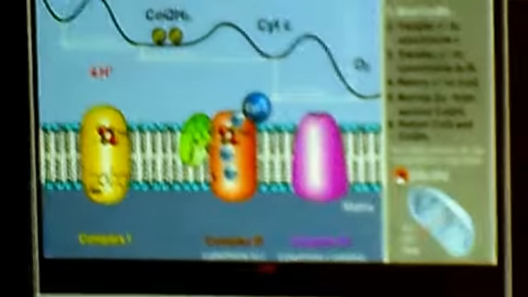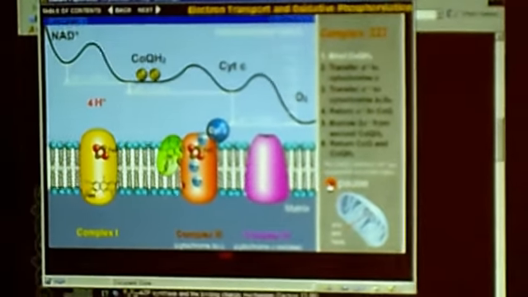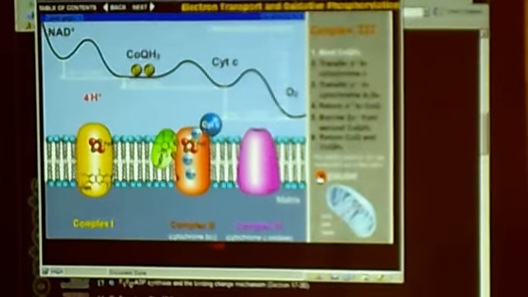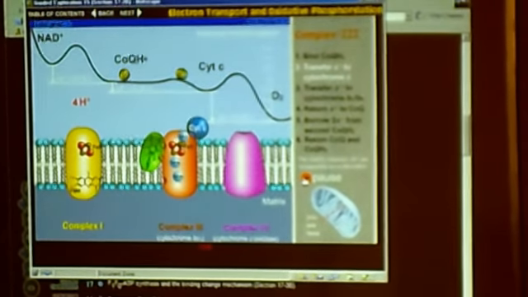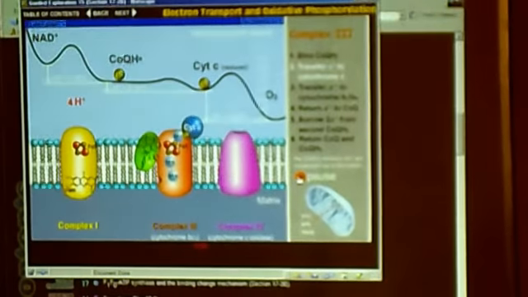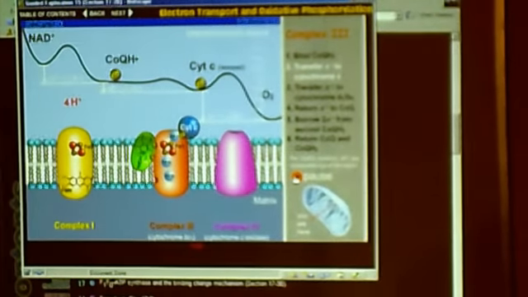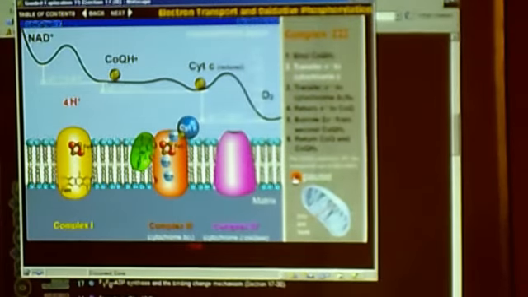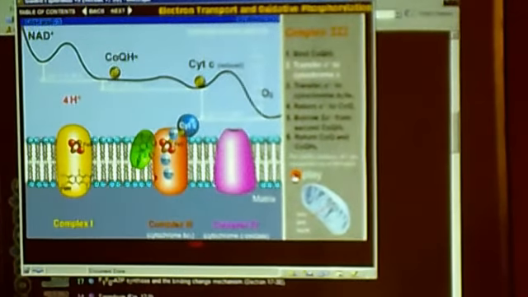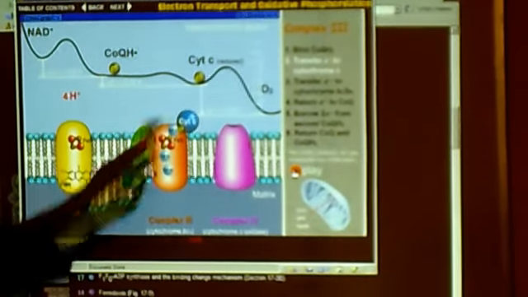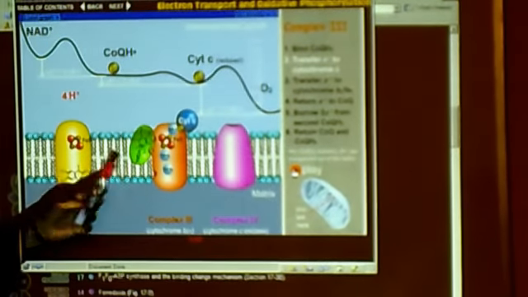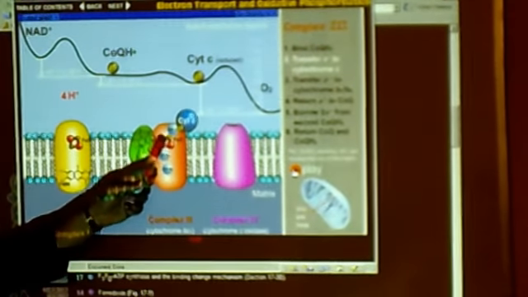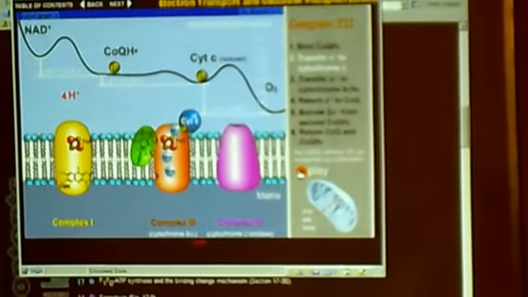To reduce coenzyme Q and take a somewhat circuitous route known as the Q cycle. Reduced coenzyme Q transfers one of those electrons through an iron sulfur cluster to the cytochrome C, that is temporarily bound to complex 3 in the intermembrane state. Now, one electron has gone to cytochrome C. Now we will see what is happening to the second electron. And the first electron has also gone via the iron sulfur center.